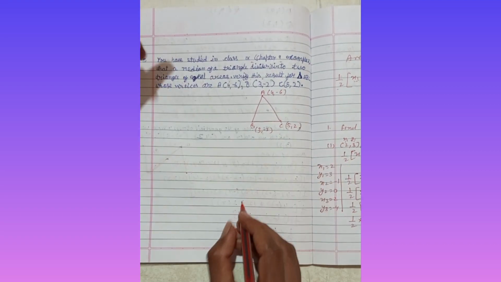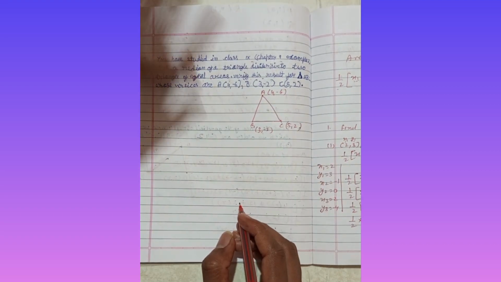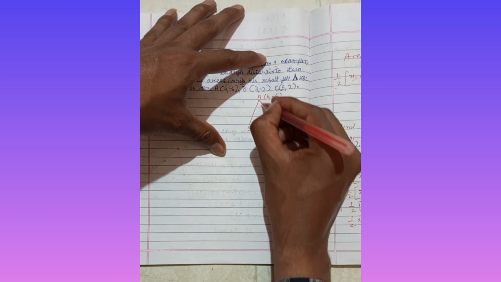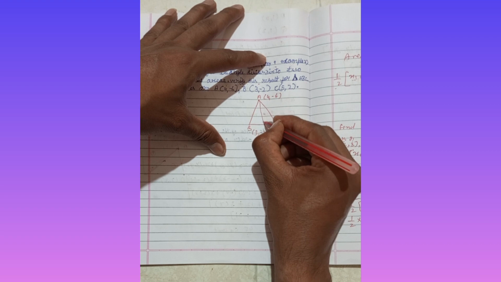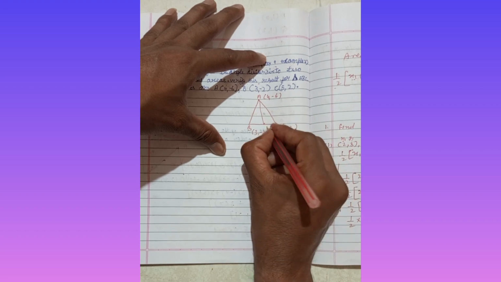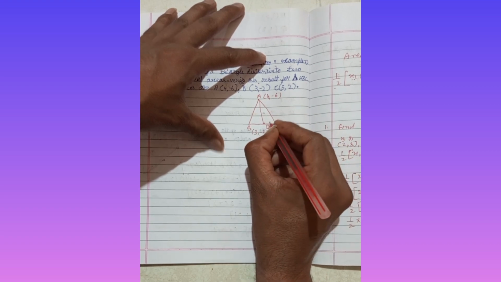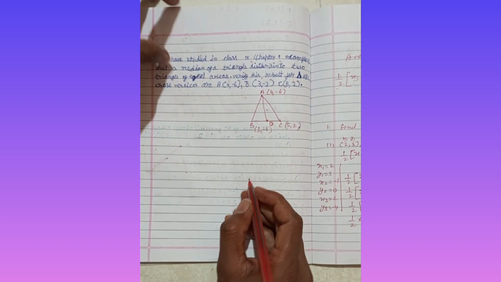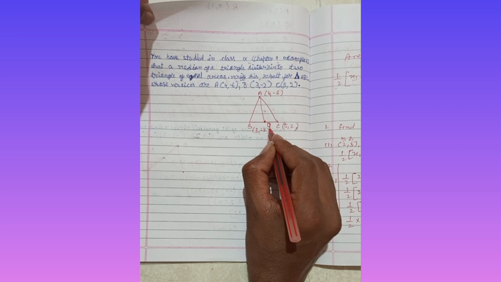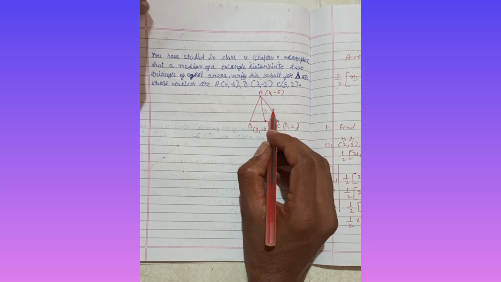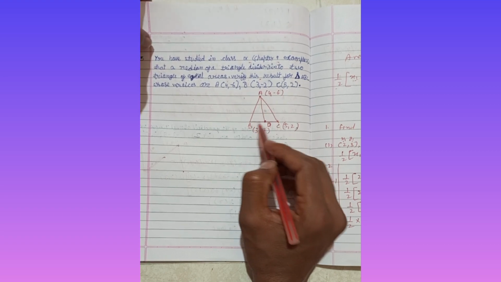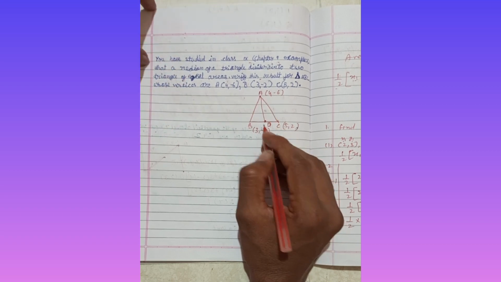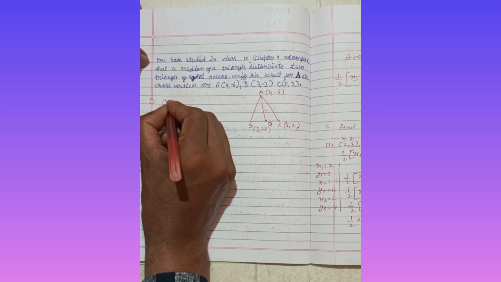Now it is saying that we have to draw one median. I draw one median from A to BC, and this is the point D I draw. That is the median. Median means D is the midpoint of that one. Now we have to verify this. First we have to find out the coordinates of D, then find the area of triangle ABD and then area of triangle ACD. Let's first find the coordinates of D.